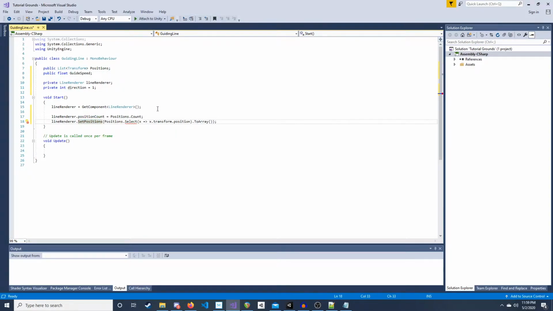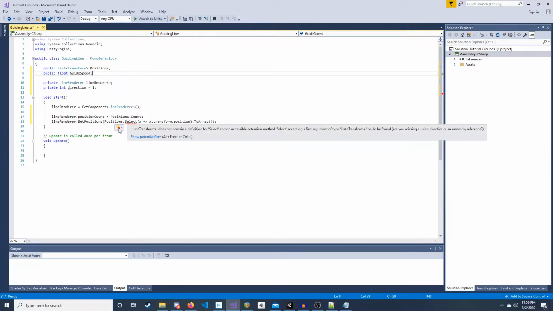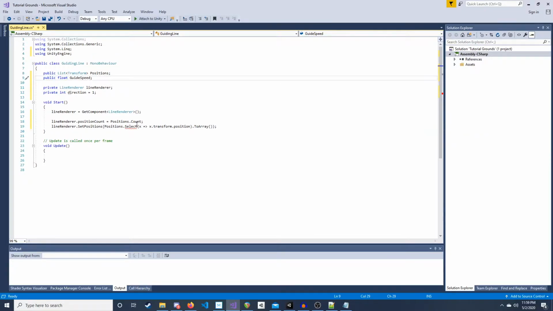And you set positions with an array of vector 3s. And those vector 3s will be the transform positions of our positions. If you're unfamiliar with LINQ, it is a tool that'll help us get those transform positions. We can go into that in another video if needed. Okay, so